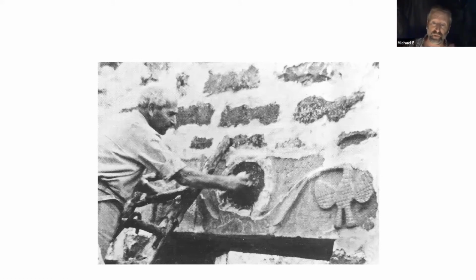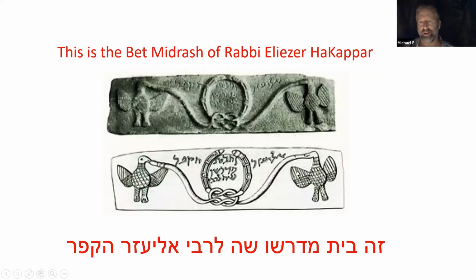And here Shmaryahu is going over there, and he sees they put plaster in the middle, and he realizes this is something really ancient. And everybody was incredibly excited, of course. Let's take a look at the stone from up close. As I said, today you can see it in Katrin, the Archaeological Museum. And for those who can't see well, the actual engraving, it's a huge stone, and there's also a drawing here to make it easier. And in Hebrew it says,